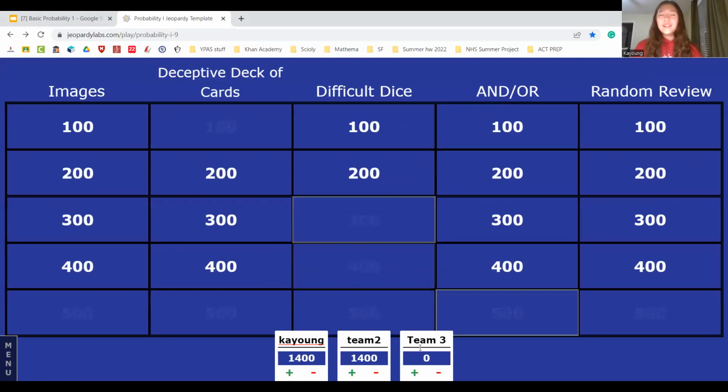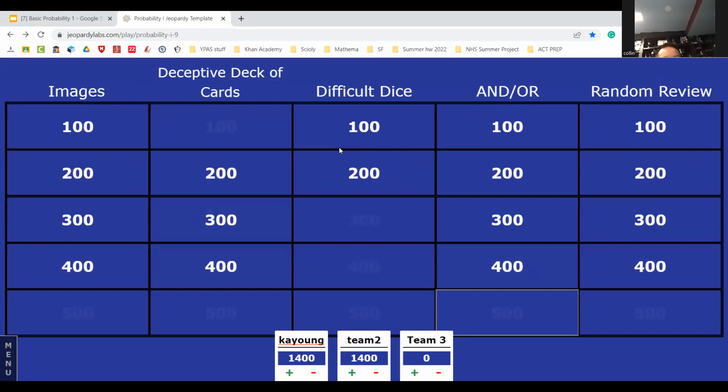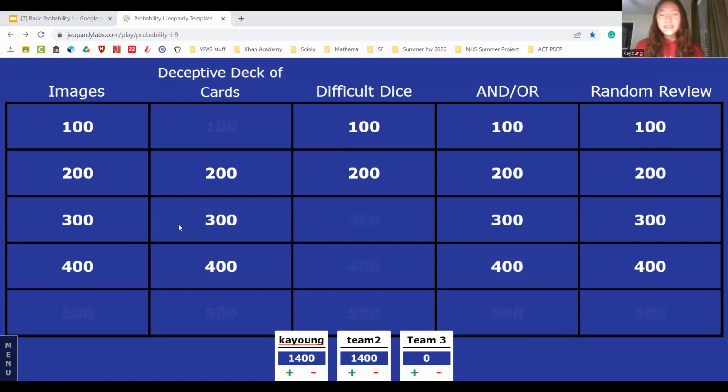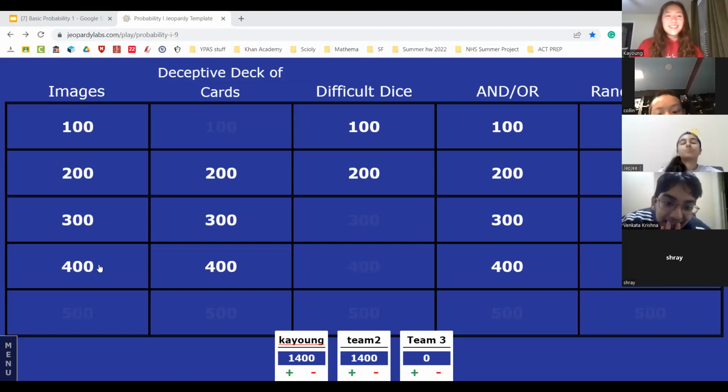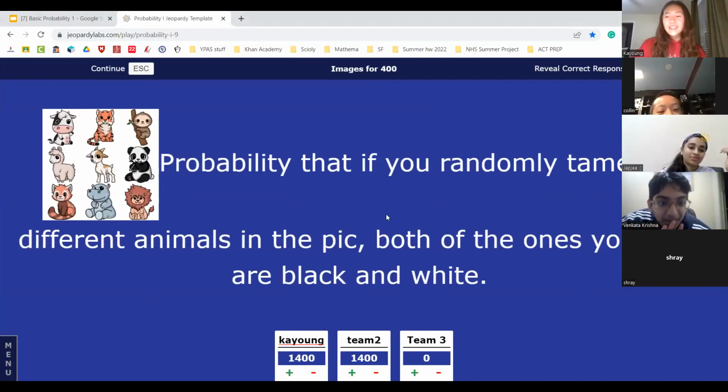Okay. If you guys want, I'm gonna give you the chance to do one more question, but this time I'm only gonna give you 1 minute for sure. Guys, let's do images for 100 because that's all we need to beat her. I'm gonna choose Venkata to choose it. And Vincata, just do 100 because this is the last question we're doing. We're already over time, so just do one for 100. Images are difficult dice because they seem pretty easy. Is he even there? Oh, sorry. Let's do images for 400. No, do it for 100. This is the last one. Vincata, look what you did.